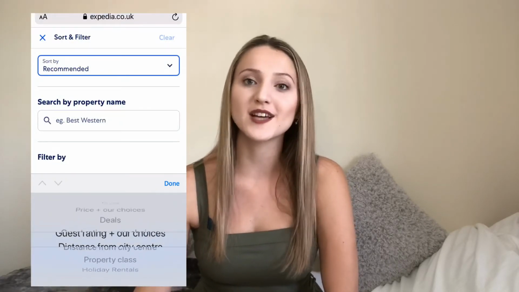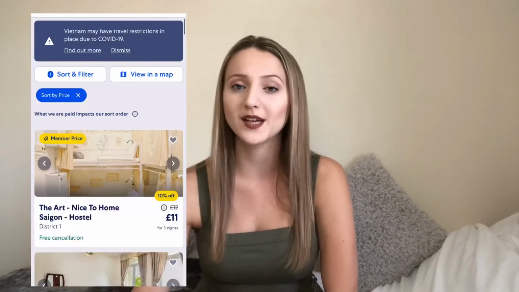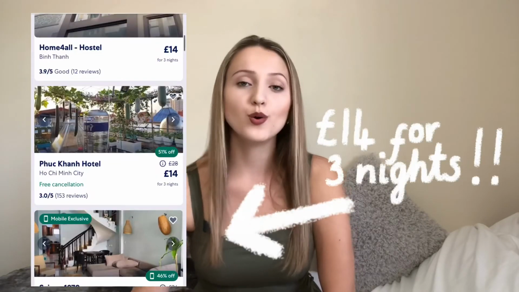So assuming that you're not camping, I would get that price low to high filter working on sites such as hotels.com, booking.com and Expedia. All of these sites are offering really good rates of cashback at the moment as well through TopCashback. So when you're looking for accommodation, here are some things to consider.